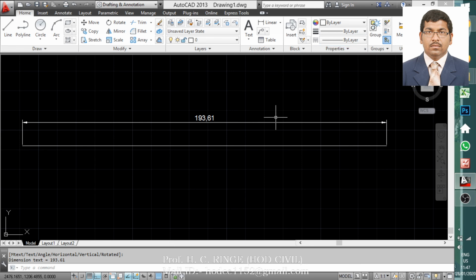Next is the property. Once we select any kind of shape in the drawing, or any kind of shapes of the figures, we can get